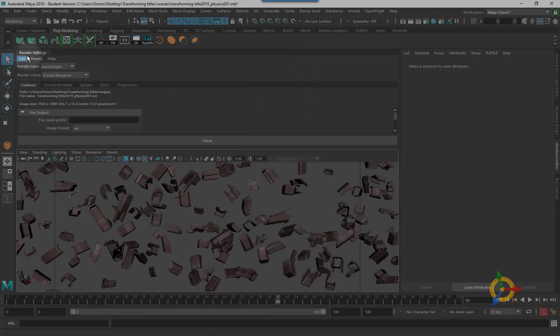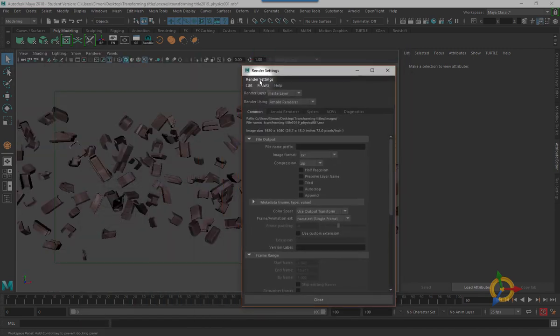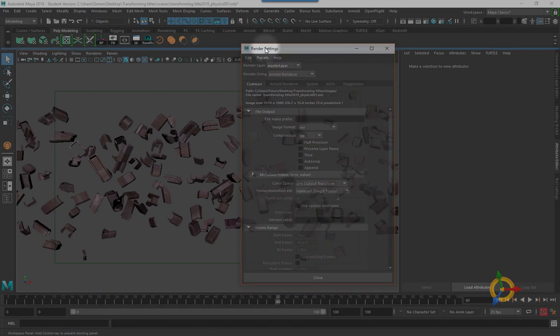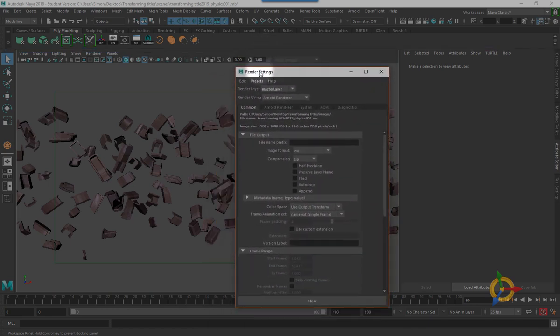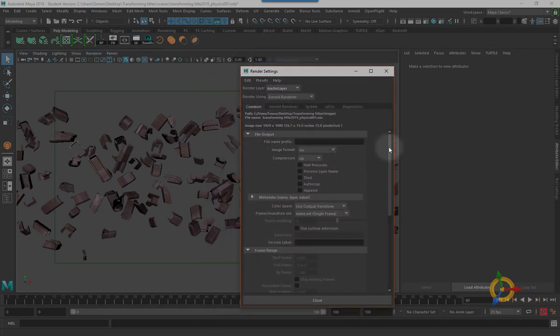Whoops, didn't want to do that. There we go. You've got to be careful when you're dragging these panels because they'll actually snap into the interface. Okay. Now, before we get started, the very first thing you need to do is make sure you have set